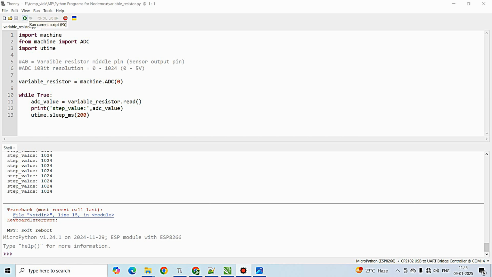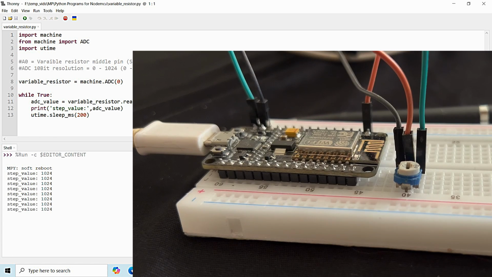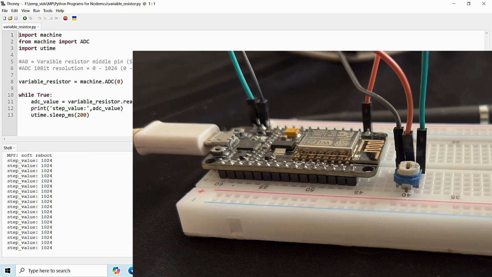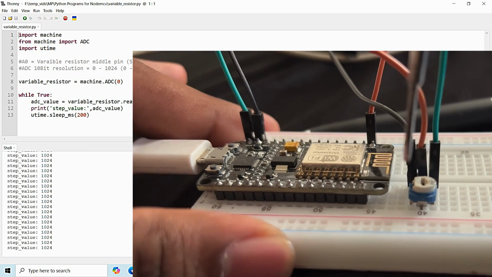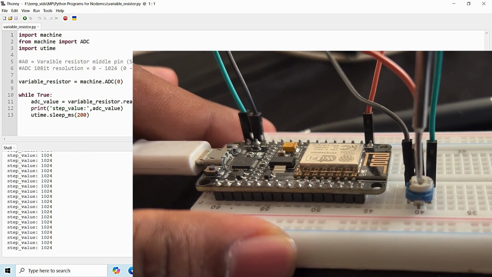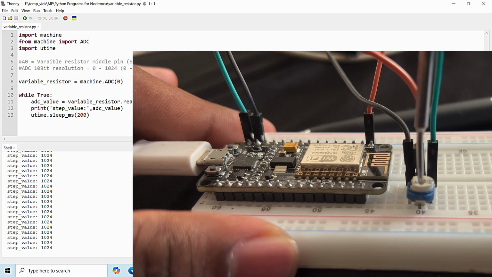So now let's visualize the output on my hardware. I am going to run this program by saving this and clicking on this particular icon or F5 on my keyboard. I have already built my schematic on my breadboard. You can see I am getting the maximum step value 1024. And when I try to rotate the knob of the variable resistor,